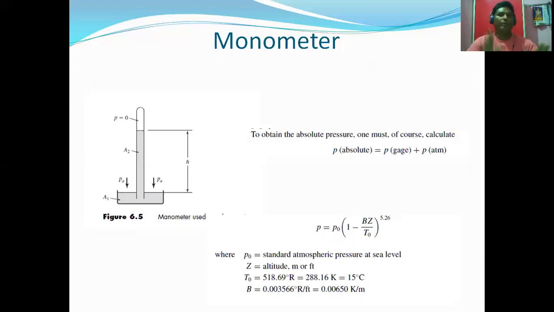Suppose just one angle of fluid mechanical pressure is given to that manometer, what happens is the absolute pressure and the range of the area, that is A1 and A2. Okay, so here